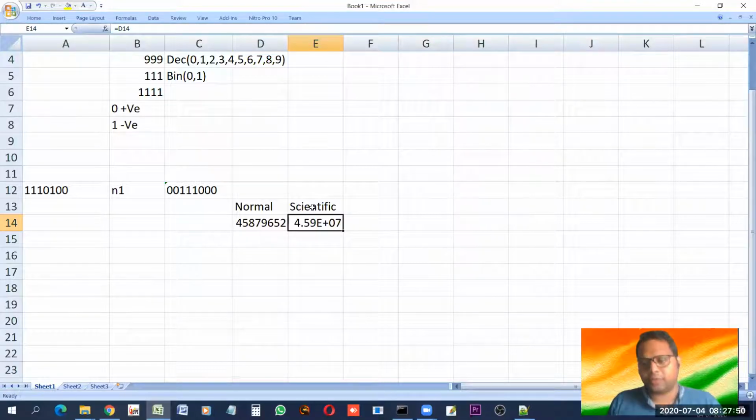Although scientific notation is also used by us while learning, as we learn in school, we do not represent scientific numbers this way. Scientific notations are used to represent large numbers in a small format.